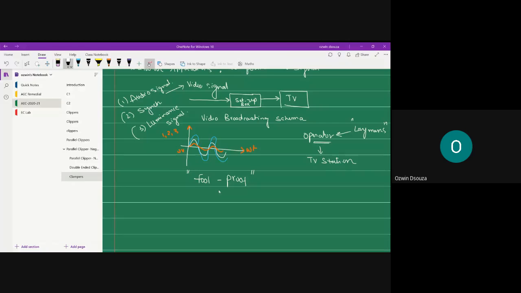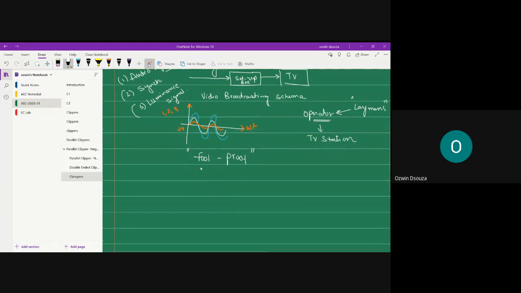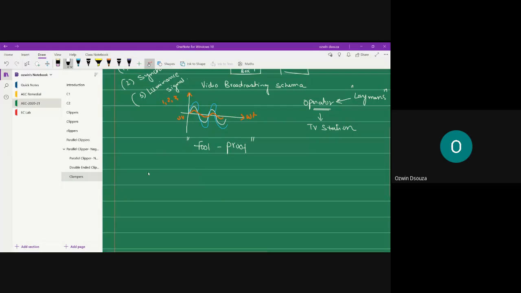The foolproof terminology used in engineering means something any fool can understand. That means the operator need not have the technical understanding of the communication signals. So in order to achieve foolproofing, what they will do is,